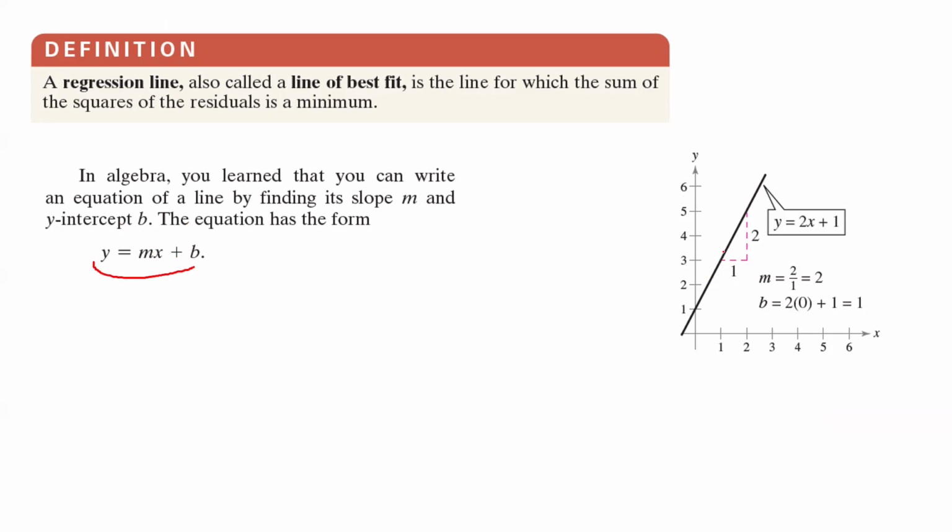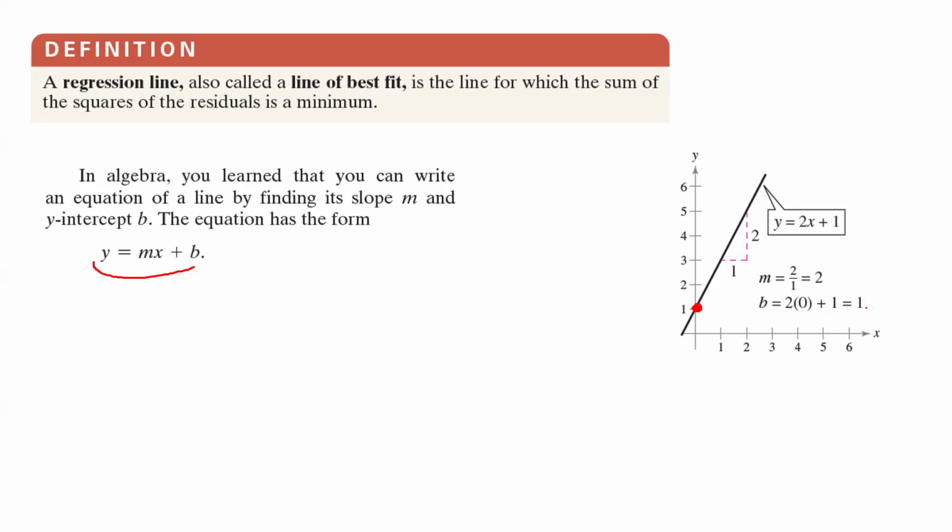For example, take a look at this line. You can easily find the slope of the line, which is rise over run. Rate of change is 2 over 1 or 2. To find the y-intercept, which is this point here, you simply substitute 0 for your x, and b, or the